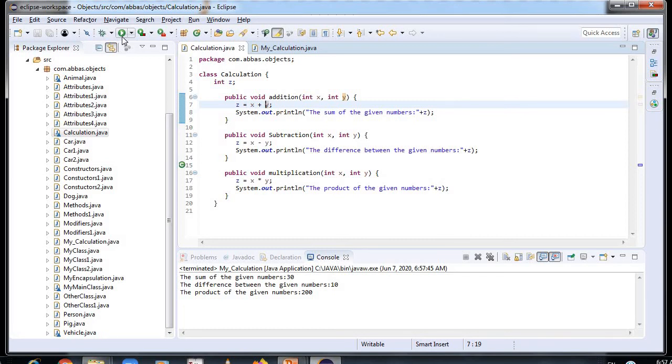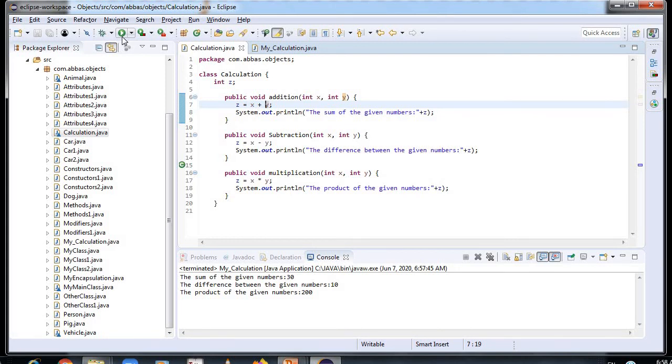Now the other topic we will discuss is Java polymorphism. Polymorphism means many forms, and it occurs when we have many classes that are related to each other by inheritance. Inheritance means inheriting attributes and methods from another class. Polymorphism uses those methods to perform different tasks.